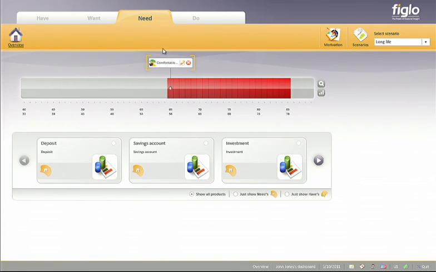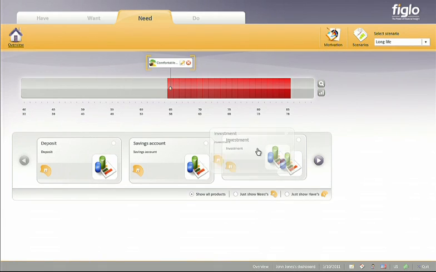Now, I've gone ahead and selected this comfortable retirement here, and at the bottom of the screen, we've shown financial products that are appropriate for John and his family. Now, we've done a real-time filter on these products. We can do a filter based on what the captive agent currently sells, for example, or we can do a filter on risk profile and only show the investment products that are appropriate for John and his family.